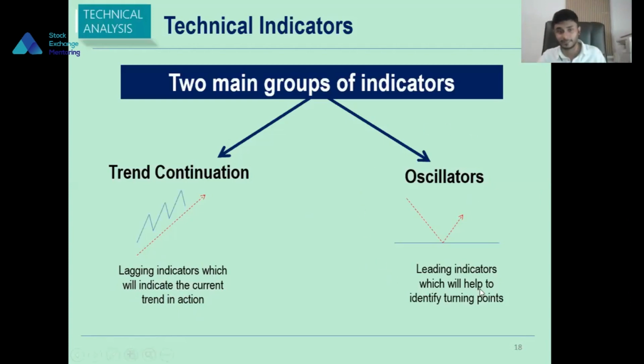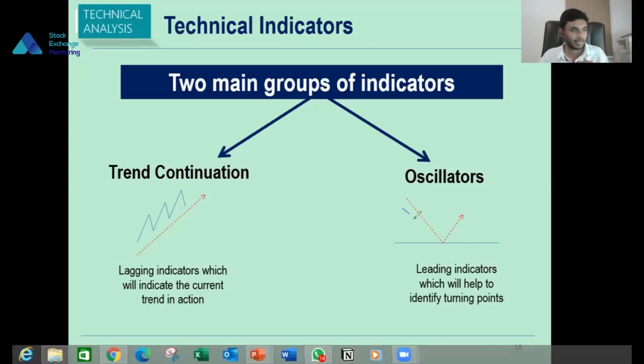Then comes the oscillators. Oscillators are where the market might go up, and before the market turns, the indicator will give you an idea. Look here, though the market is going up, based on the indicator, this can stop and reverse, this can turn. So you can see the idea from the oscillator is to stop and reverse, but the trend continuation indicator will confirm us, yes, the current trend direction is continuing. However, the oscillators have the function of being a leading indicator. Before the trend reverses, it gives you an early signaling.